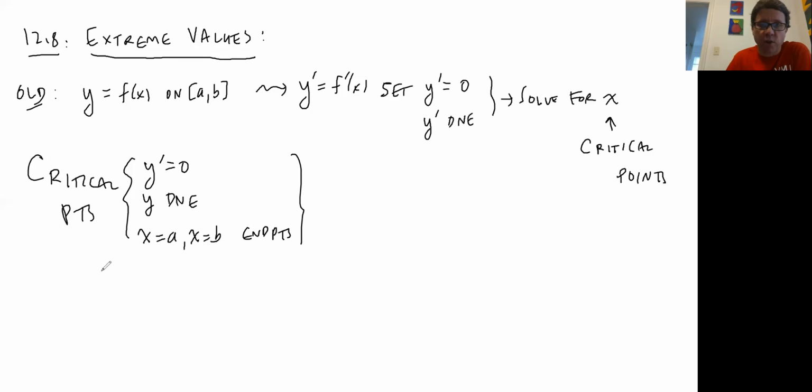That's kind of important because the function may be smallest and biggest at the ends, and there may actually be none of the others, like a straight line, for example. The derivative is never 0, the derivative always exists, but the min and the max are at the endpoints. So we had to check all of those things to figure out our absolute max and min. Right, so if we really want to know where's the highest point, where's the lowest point, we check all of these things. Now, if you look at just the first two,